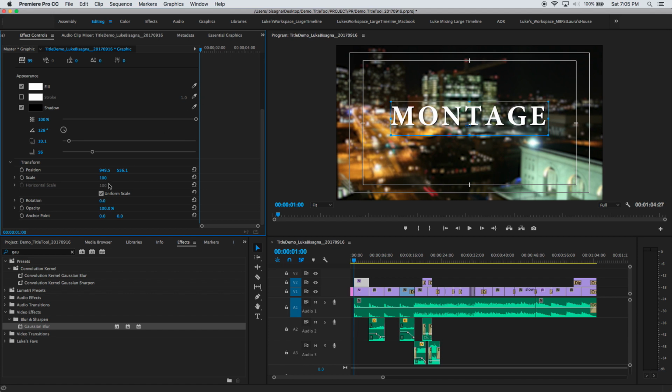So the first thing I want to do is enter my first keyframe by hitting the little stopwatch button over here, and that's going to give us a keyframe at 100% scale. You can see there's the edge of my little keyframe right there. You can see I've got a blue indicator here that I've added a keyframe. So that basically says at this point in time, I want this piece of text to be 100% of its normal size. So now what I'm going to do is go to the end of the shot